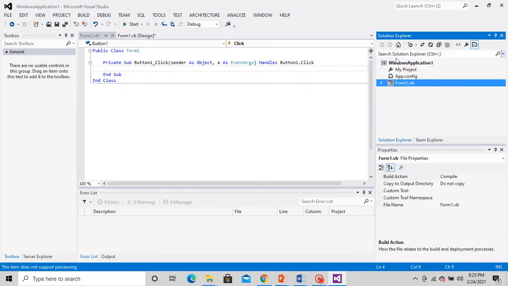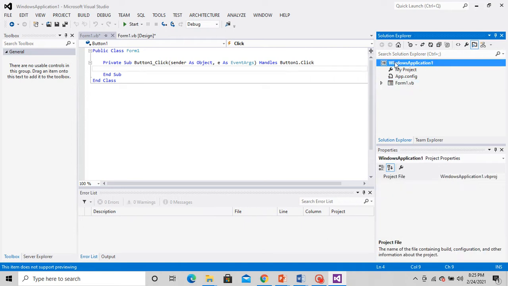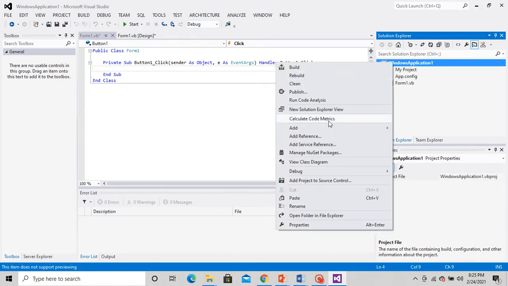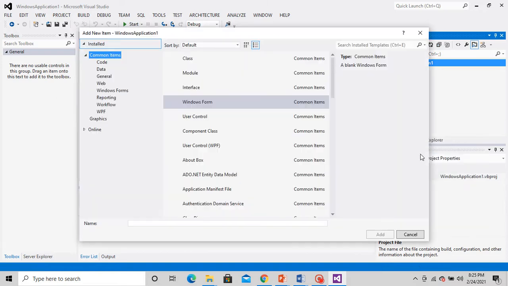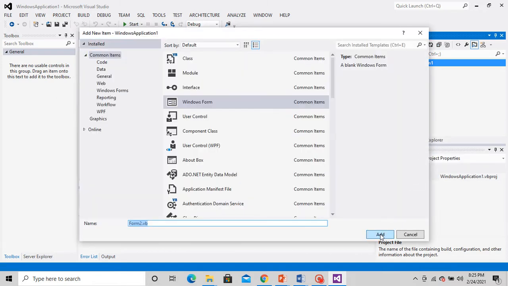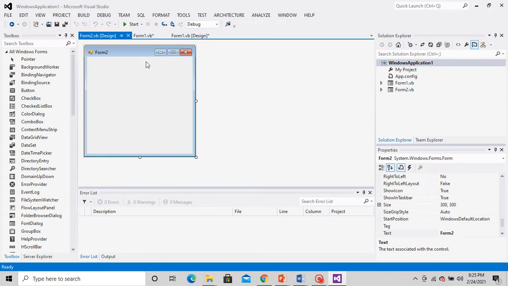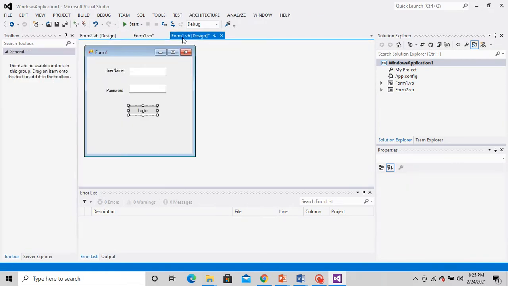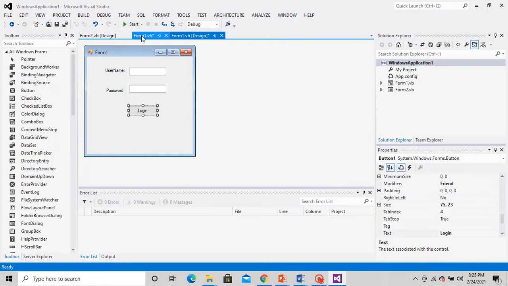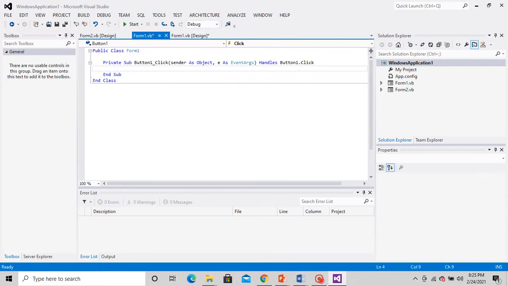To create one more form, go here under Solution Explorer, come to Windows Application 1, right click on that, then add, Windows form, and then add one more form. So what should be my code there? If somebody gives the correct user ID and password, it should go to form 2. Now you just see.